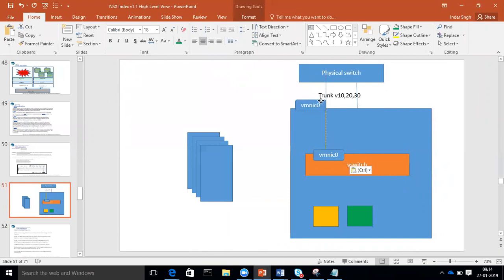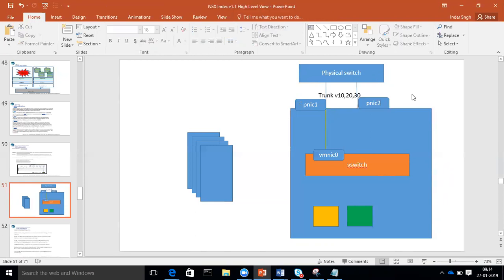This is pnic 1, let's say, and vSphere reads it as vmnic in its language, right? This is pnic 2. So when you install ESXi on the host, it creates a vSwitch for you, and the vSwitch is just